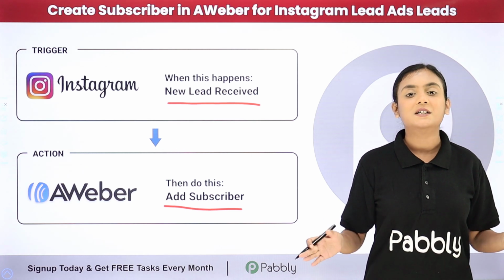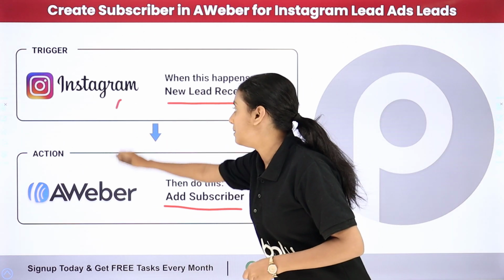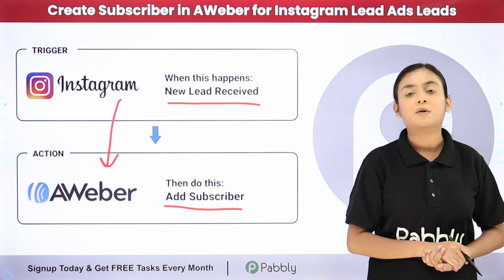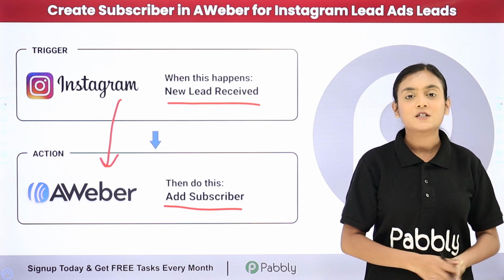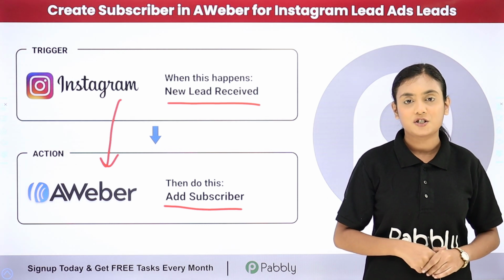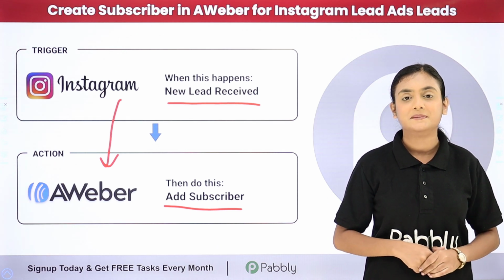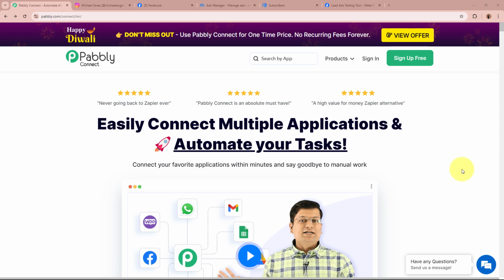process. So what I did was I simply automated Instagram lead ads in AWeber with the help of Pabbly Connect, which is an amazing automation and integration software. So if you also want to learn about this amazing automation, then let me take you all to my screen. Welcome to my screen. In this video, we're going to learn how to create subscriber in AWeber for Instagram lead